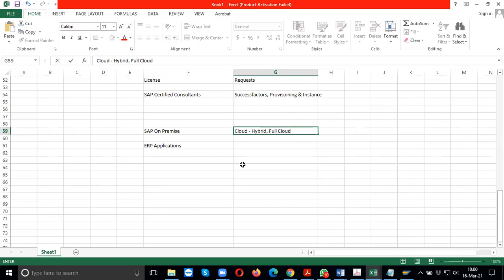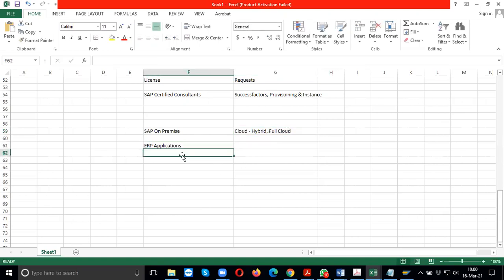These SAP ERP applications deal with all areas, so it can be finance, HR, or logistics. HR will have details for HCM, that is Human Capital Management, which earlier used to be known as SAP HCM. It is still being used.